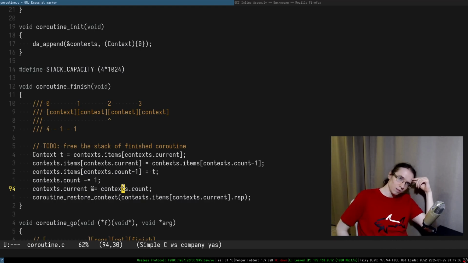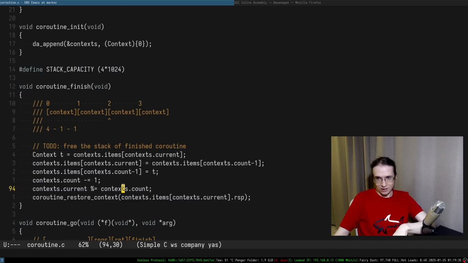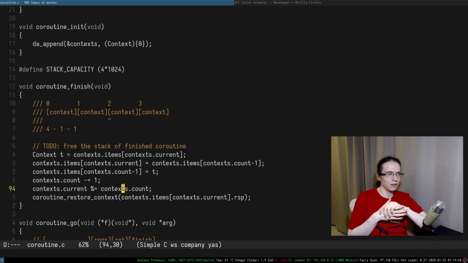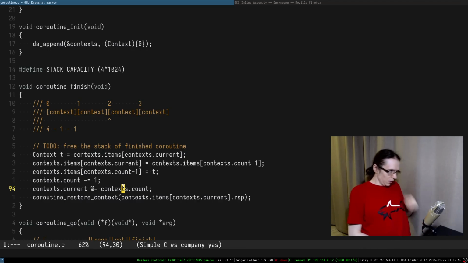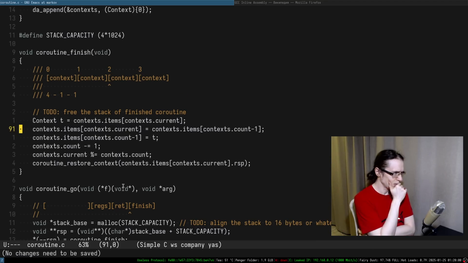That's a cool idea, honestly. We don't lose it. It's still on the dynamic array. It's just behind the counter. We can detect that this is an allocated stack, and we can just reuse the same stack. So we can do something like that. That's a cool idea. But anyway, it's going to be a to-do. I don't want to think about memory management too much. All right. So something like that. So it's kind of an interesting idea. But anyway, what I was doing,